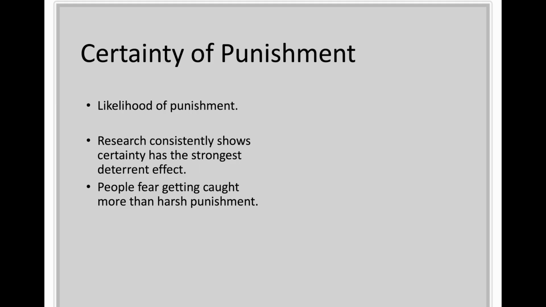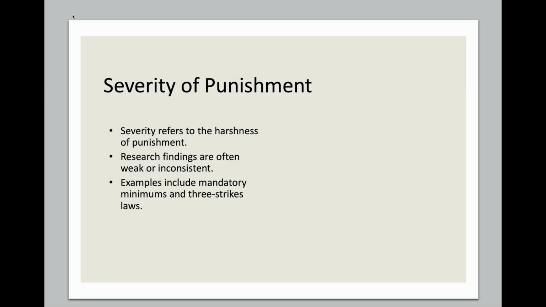Deterrence theory is generally strongest when offenders are perceiving enforcement clearly, decision-making involves some level of calculation, and punishment risks are cognitively available before the offense occurs. So now we move into severity of punishment. Severity refers to the harshness or intensity of the punishment. Examples include things like longer prison sentences, mandatory minimums, 3-strike laws, life imprisonment, solitary confinement, or things like capital punishment.